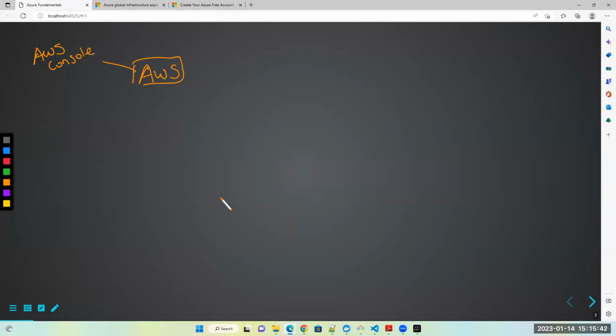You can also interact with AWS using your CLI, which we know already. Basically, you can run AWS S3 LS commands, any number of commands that you have to talk to your AWS cloud. But to configure the CLI,